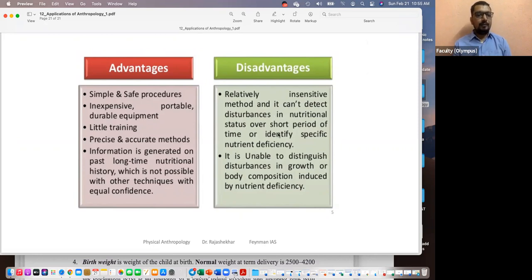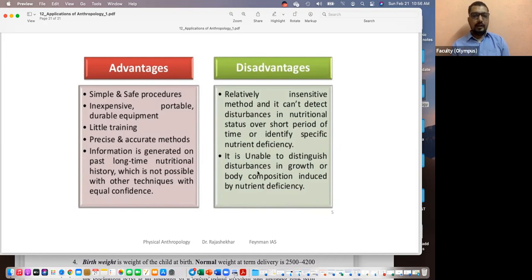So in a short period of time, small changes cannot be detected. We need more quantifiable, more distinct changes. It will also not tell us exactly what was happening in the body. It would only indicate what could be the factor. So it is insensitive to small changes and cannot identify the specific reason. To a certain extent, as we have talked about, muscle problem means protein intake. Some correlations can be made, but it cannot specifically tell.